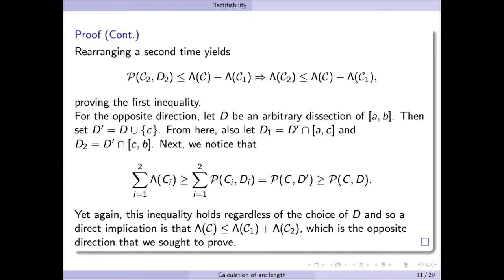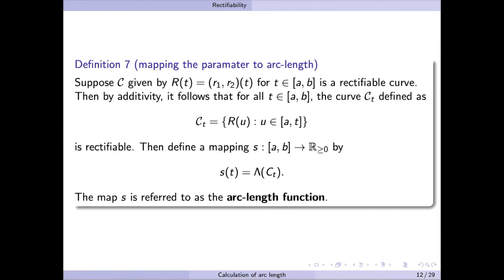Hence, it means that P of CD is less than or equal to the sum as i goes from 1 to 2 of lambda of Ci for every dissection D, and so lambda of C is less than or equal to lambda of C1 plus lambda of C2 by the definition of the supremum of a set. And this is the opposite direction that we sought to prove, hence completing the proof of the theorem as a whole. With theorem 6 having been proven, we are now in a position to give definition 7, which allows us